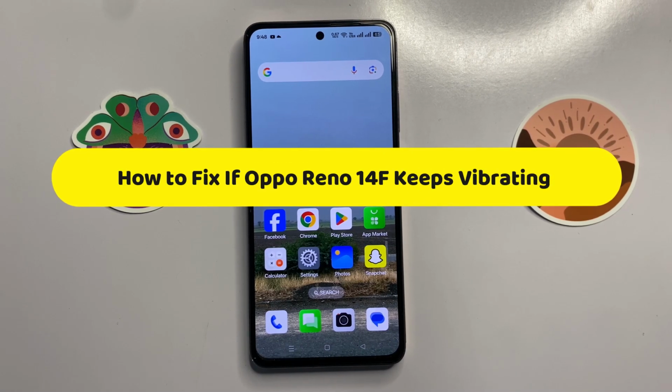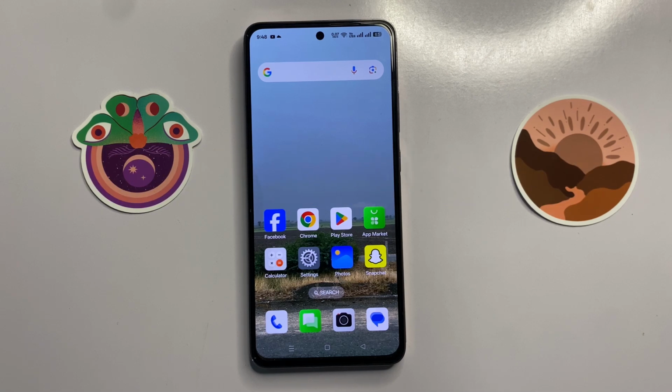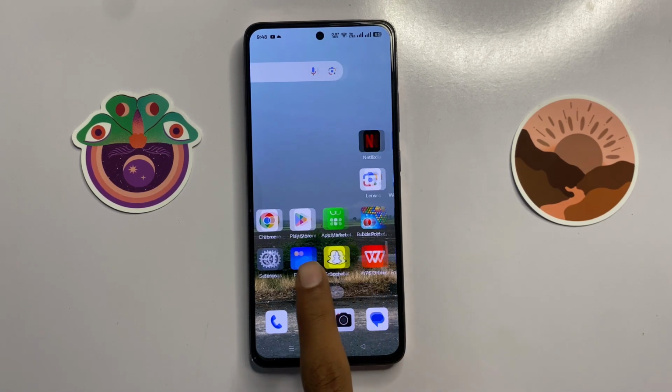How to fix Oppo Reno 14f keeps vibrating. So let's start the video. First of all,